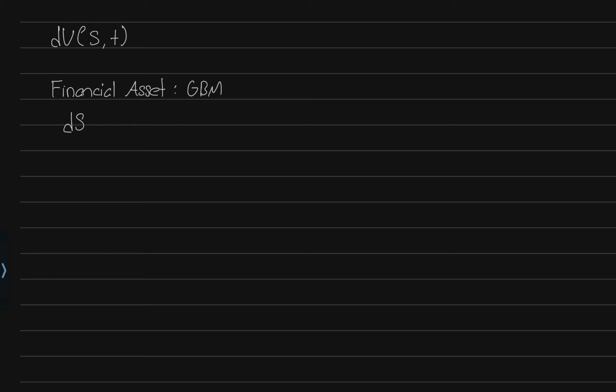We said that the differential of S is equal to mu S dt plus sigma S dW, and we've gone over what mu and sigma represent many times before, but essentially what this is, it's a continuous time